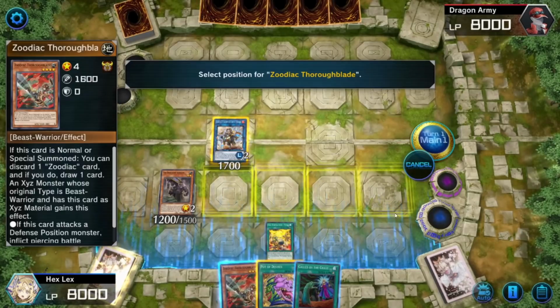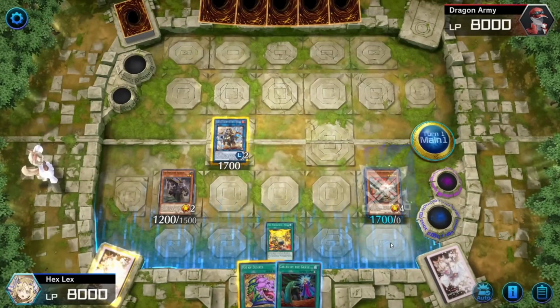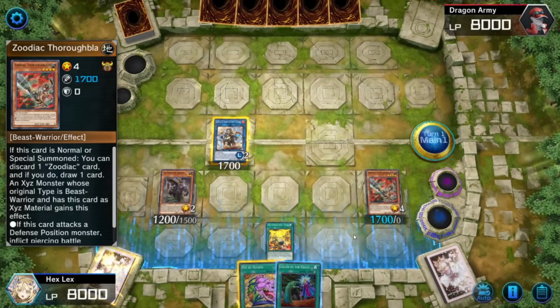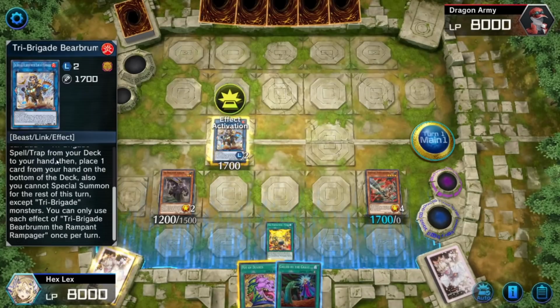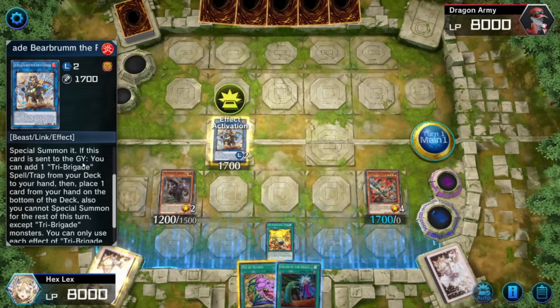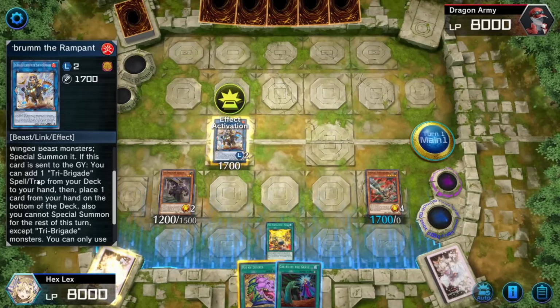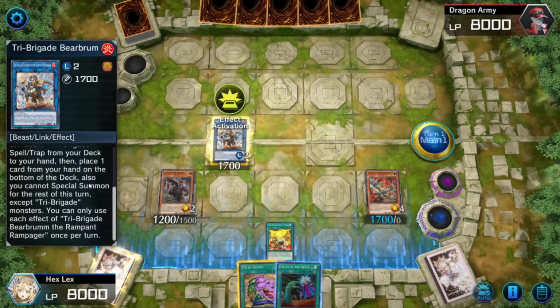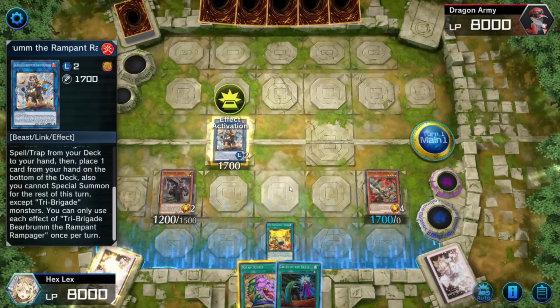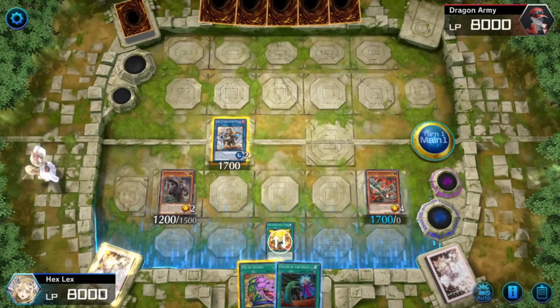And let's see, at this point we're going to want to go ahead and normal summon our Zoodiac monster, because if we use Bearbrumm's ability, if this card is sent to the graveyard, you can add 1 tri-brigade spell trap from your deck to your hand, then place 1 card from your hand on the bottom of the deck. We know this ability well, but there's a clause here. Also, you cannot special summon for the rest of this turn except tri-brigade monsters. So, before we link away to search for Revolt, we're going to...